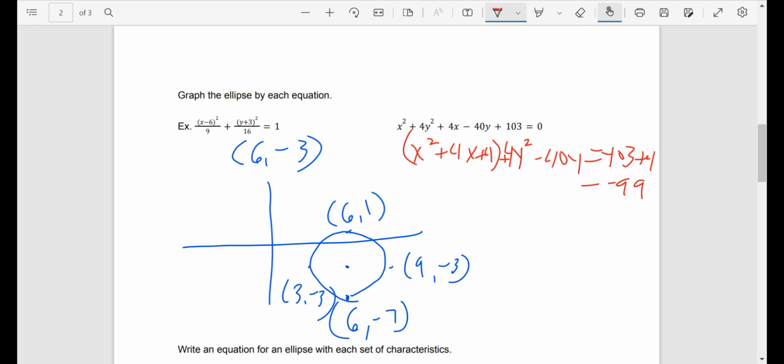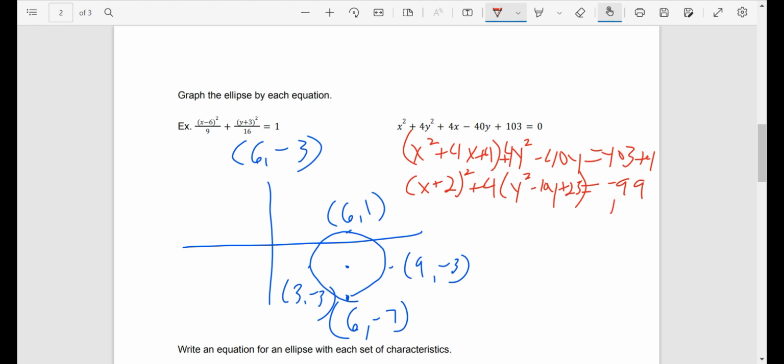Now I can't do that to the y until I factor out the 4. I'm going to go ahead and factor the x, so it's going to be x plus 2 squared. If you factor and it's not something squared, you did something wrong completing the square. So I'm going to factor out a 4 from the y, so we get 4 parentheses y squared minus 10y, and divide negative 10 by 2 and square. We're going to add 25,